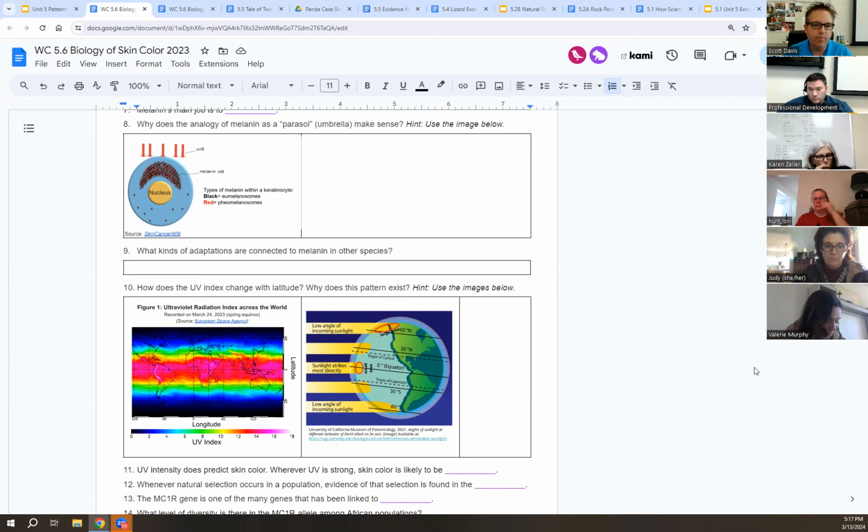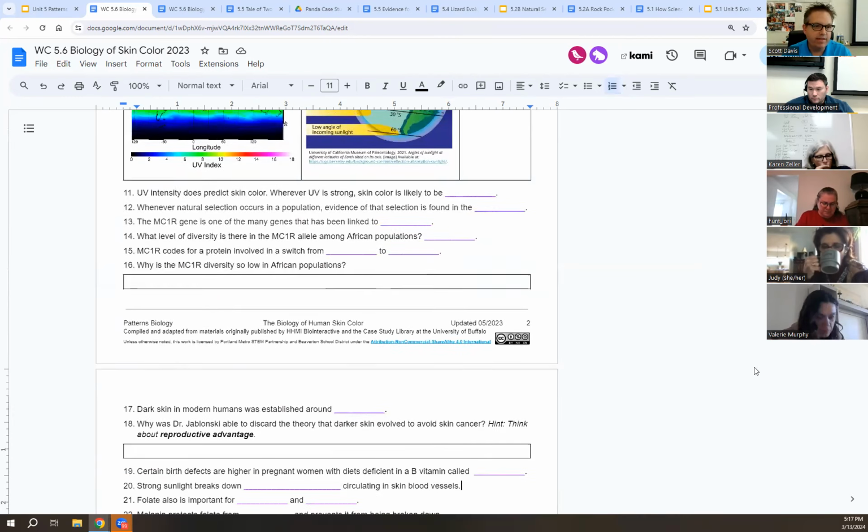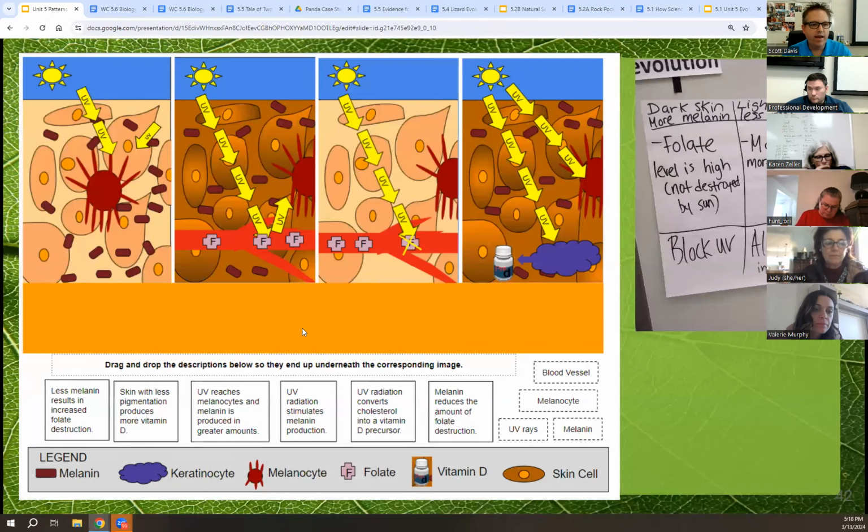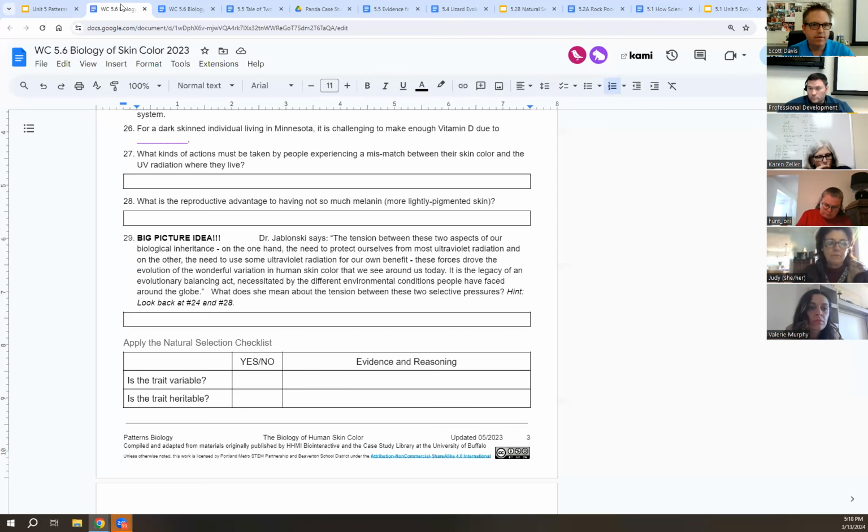And so the idea as the kids go through here is they look at a couple of different things. They look at where humans are located on the planet and how that affects the intensity of the UV light that hits them. And question 29, if you go back to the document there. So there's what you can consider either a tension, or sometimes I know me and my colleague here at Liberty, we talk about the trade-off. There's a tension between the need to protect ourselves from UV radiation, but there's also a benefit, and the students learn to figure out that, oh, UV radiation is something that actually is needed